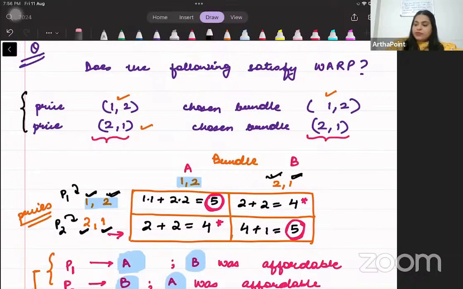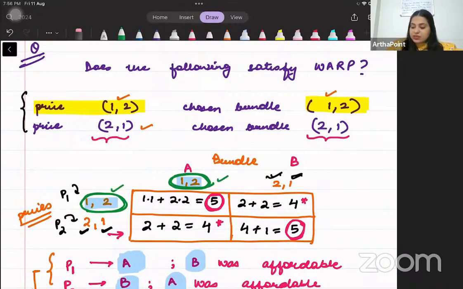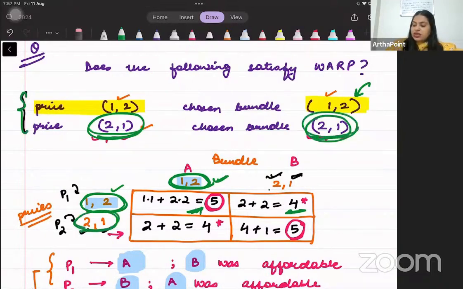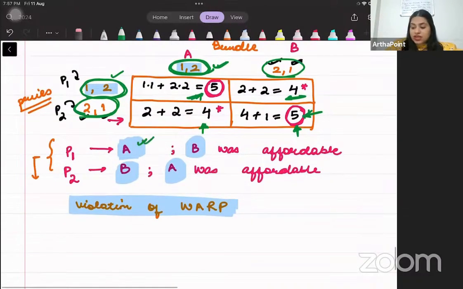It is saying that at price 1,2, you are choosing bundle 1,2. At this price, you are choosing this bundle. So at this price, the expenditure on this bundle is 5 rupees, and the other bundle costs only 4 rupees. Meaning you could have bought this one but you bought that one. This is what it is saying. Similarly at this price, the question gives that you are choosing this bundle. So beta, at this price this bundle costs 5 rupees, the other one costs only 4. You could have bought this but bought that. So when you see that when you choose A, B is affordable, and when you choose B, A is affordable,